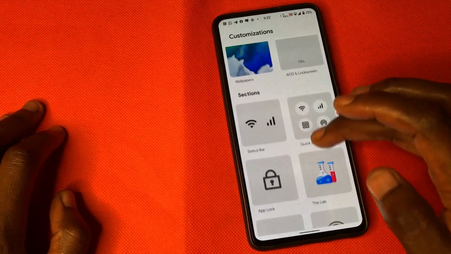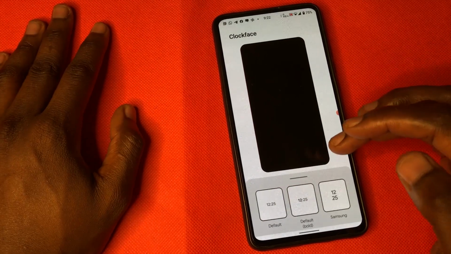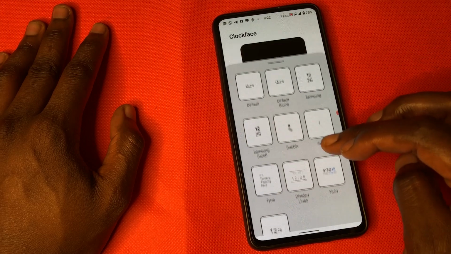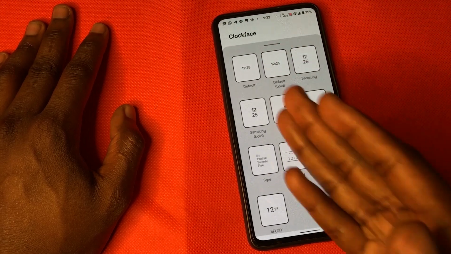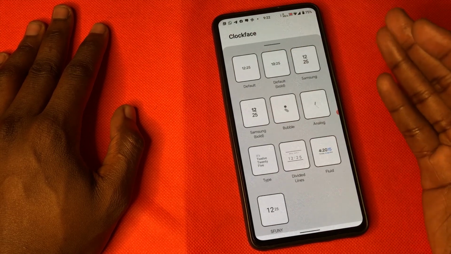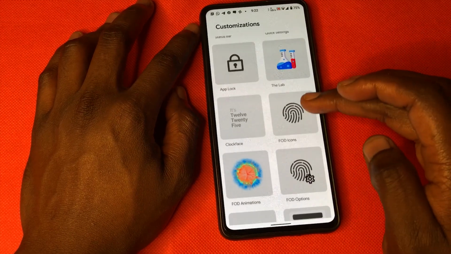Okay, moving on, we have the clock face. So this is how the clock is going to look on the lock screen. You can choose from a number. We have around 10. So depending on your choice, choose any. So next, we have the